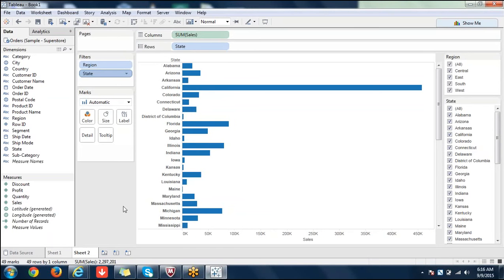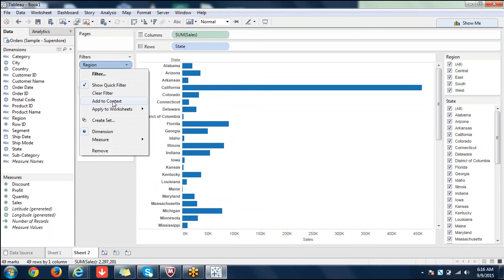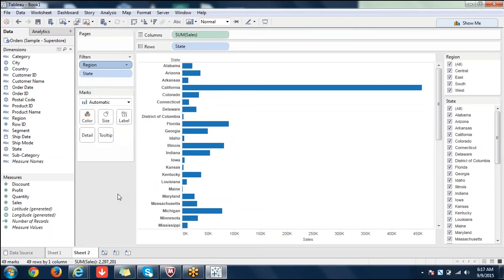So to avoid such behavior, okay, we have to add to context. That means the higher level filter only can be added to context. Okay, now you see an option here, add to context. Okay, the higher level filter only can be added to context. Okay, so lower level filters cannot be added to context. That means if you have 1, 2, 3, 4, first 3 you can add it to context, and the last one, which is 4, you cannot add it to context.